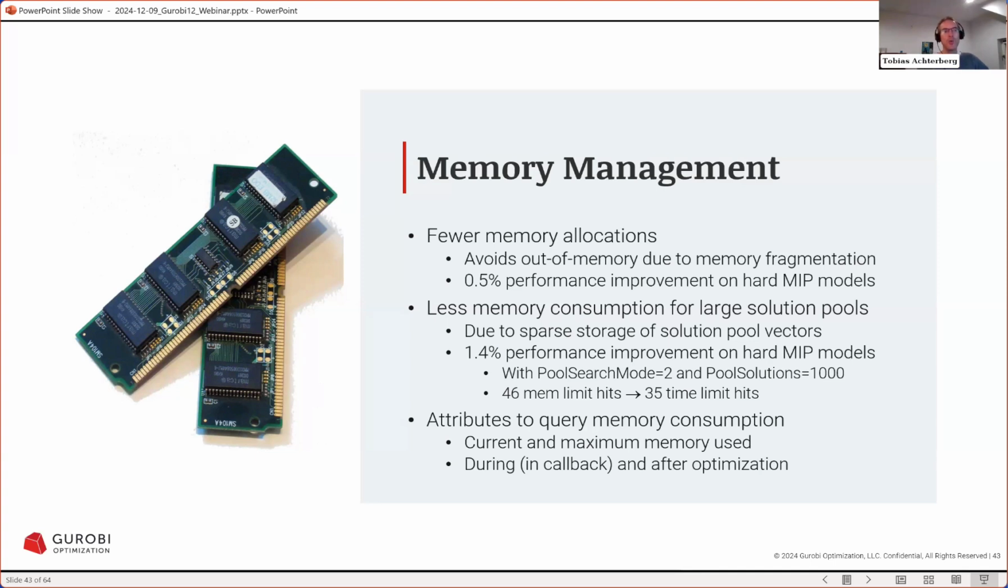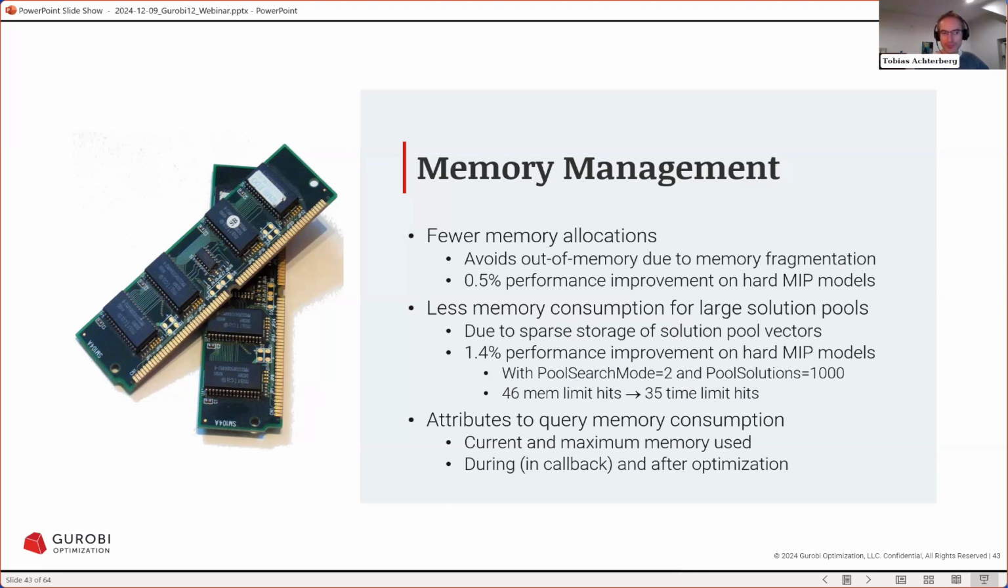So we have removed quite a number of malloc calls from the code, because that, in particular on Windows, would often lead to memory fragmentation, and then you are hitting your memory limit or run out of memory, even though the total amount of memory is not large, but due to the fragmentation, you cannot allocate any more memory. And also this gave a small performance improvement for hard MIP models by just exercising the operating system memory